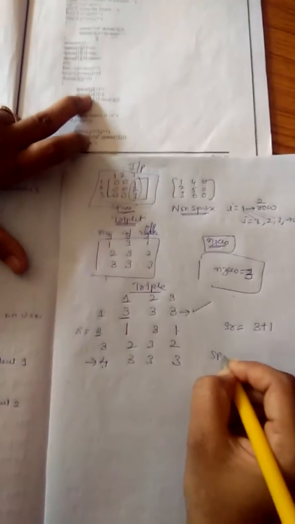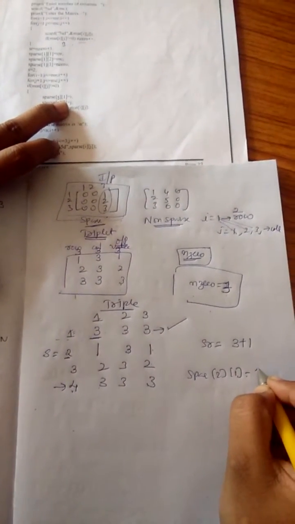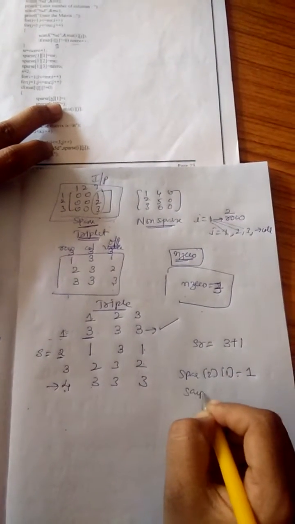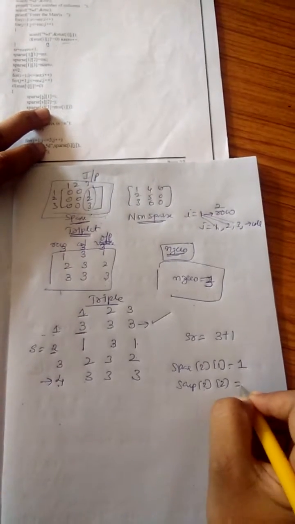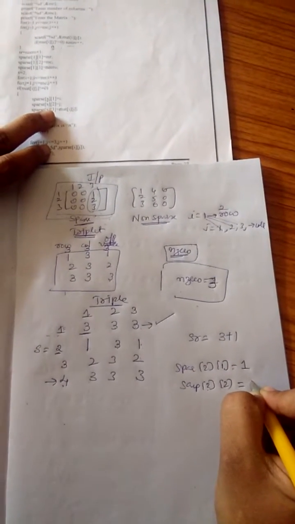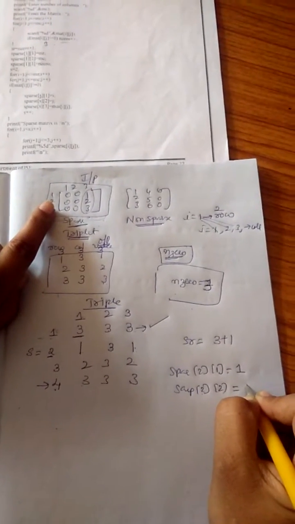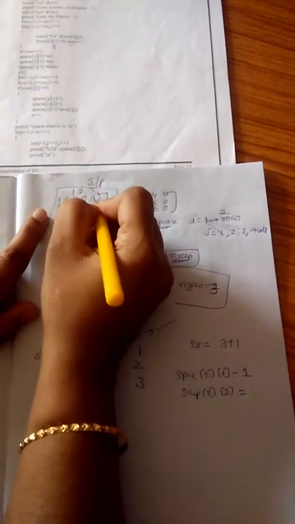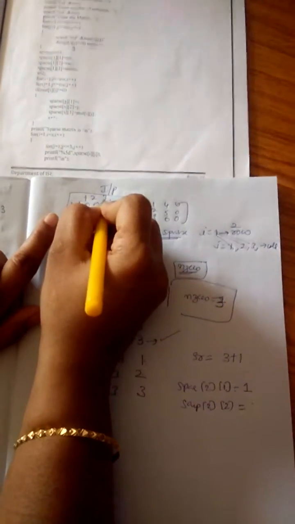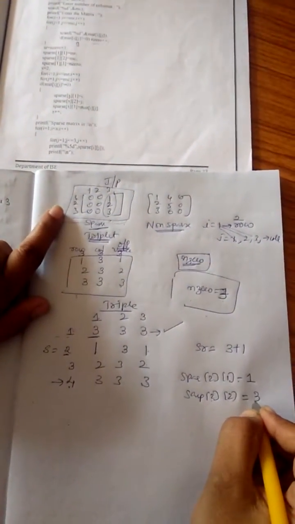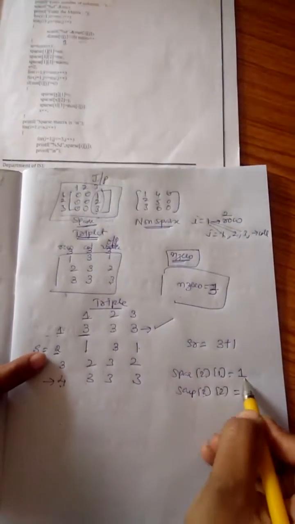Sparse of 2 comma 1. I am storing what? I is what? 1. Next, sparse of 2 comma 2. S is what? 2. I'll store what? What is J? J is 2. J is what? 1 comma 1, 1 comma 2, 1 comma 3. Can you point? Everyone understanding now? Yes, ma'am. Okay. So sparse of 2 comma 1 I am storing 1.